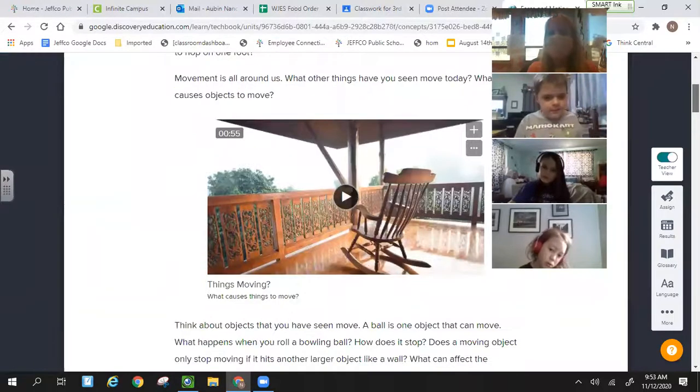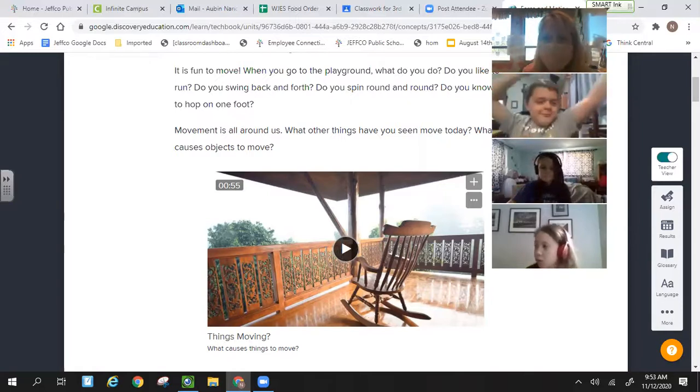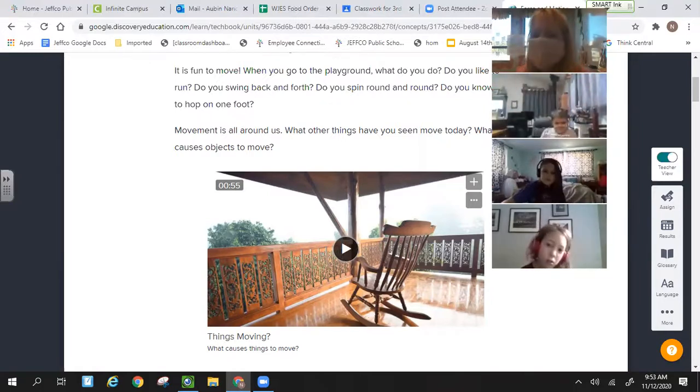All right, what is motion? Mr. Bowers, do you want to unmute and share your thoughts on what motion is? Something that moves, like when you're grooving and dancing. Okay, so it's movement. Anybody want to add on to that? Yes, Haley. When you're walking or running, your whole body moves. Running and walking are examples of movement. What else, Miss Sunny? Like rolling. Rolling could be an example of movement. What is motion? Are we saying it is movement?